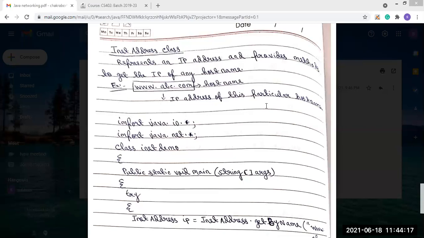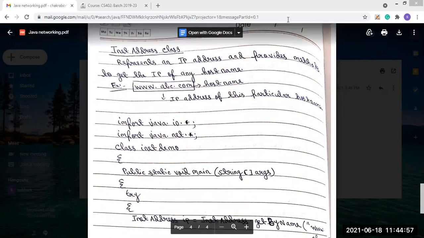Here I have taken the example www.abc.com as the host name, and the IP address of this particular host name we will get through the InetAddress class. So let us see how the programming is done to get the IP address of any particular host name using InetAddress.